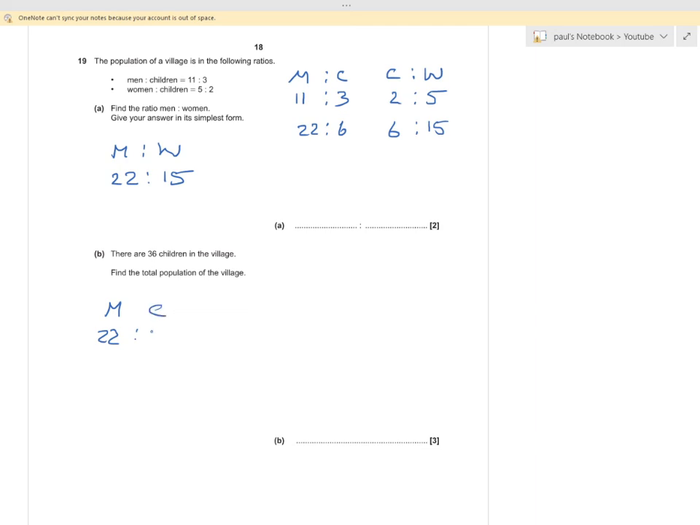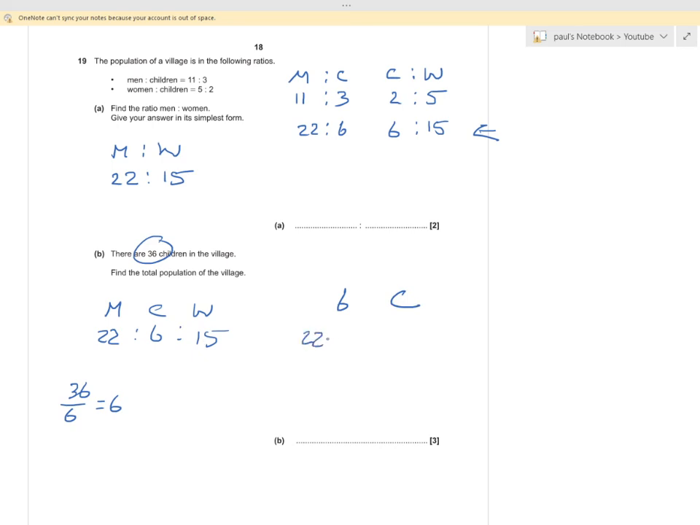The children is 6. And the women is 15. I'm taking these numbers here. 36 children. So 36 divided by 6 equals 6. So we've got 6 people per part of the ratio. So we need to do 6 children,